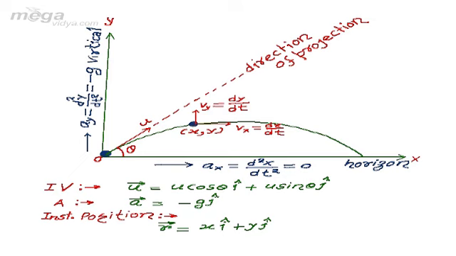Here, it is not necessary that a projectile is always thrown from ground to ground. It may be thrown from some height above the ground. It may be thrown from a depth d from the well. Then in all the different cases, parameters which we will use to analyze will be slightly different. So now we will discuss those parameters associated with projectiles which can be different in different circumstances, different conditions.